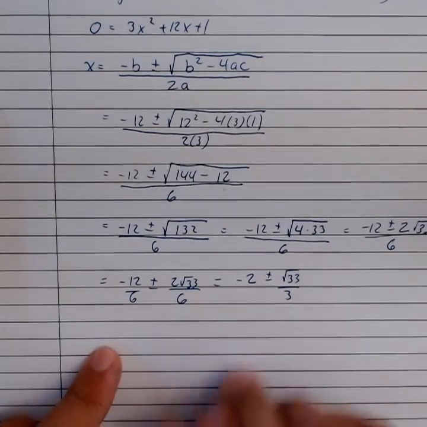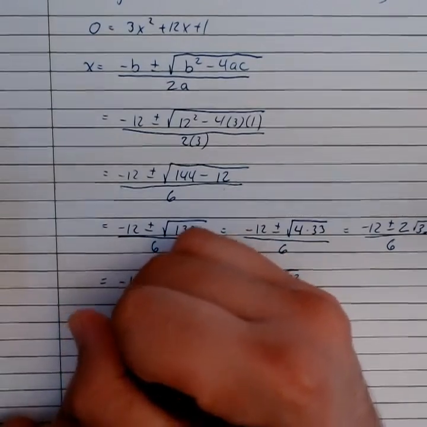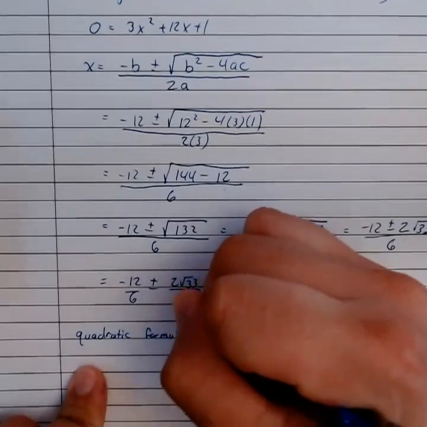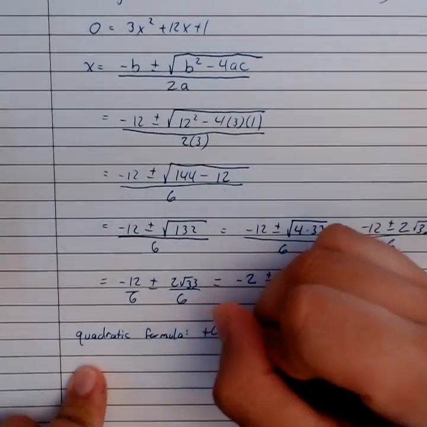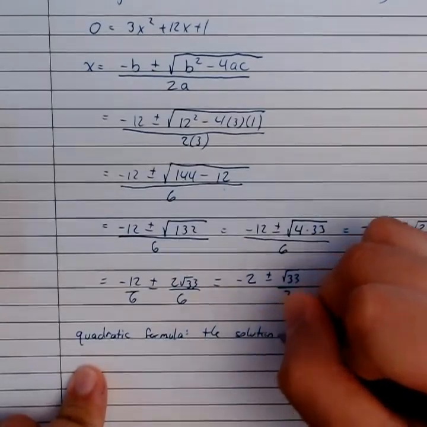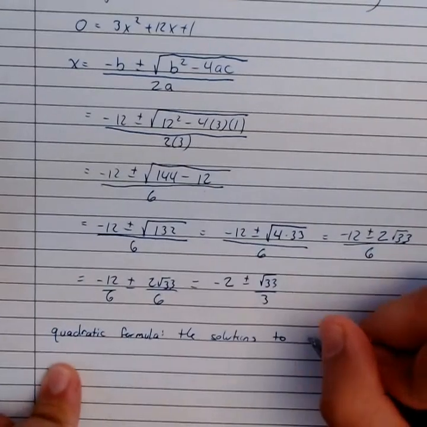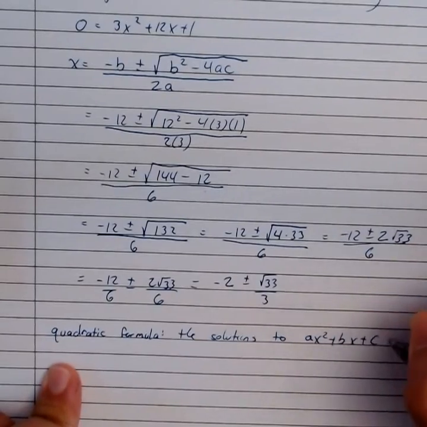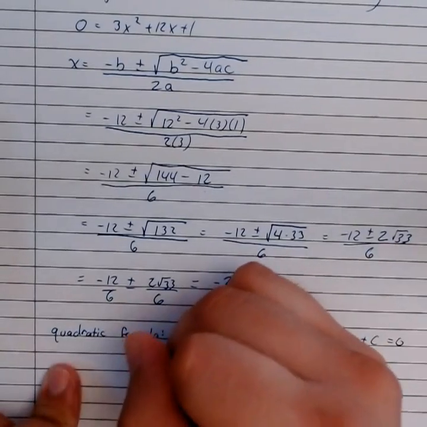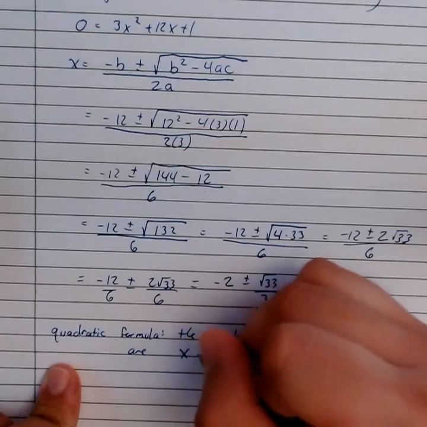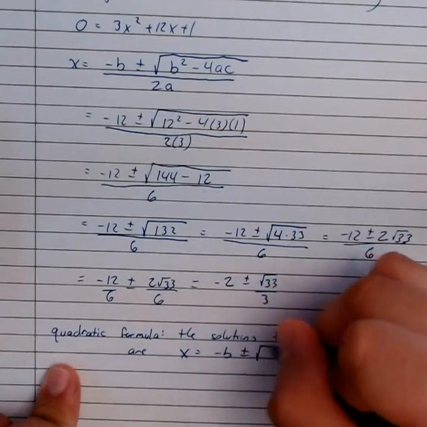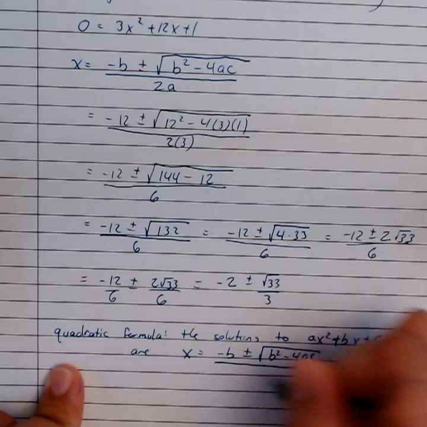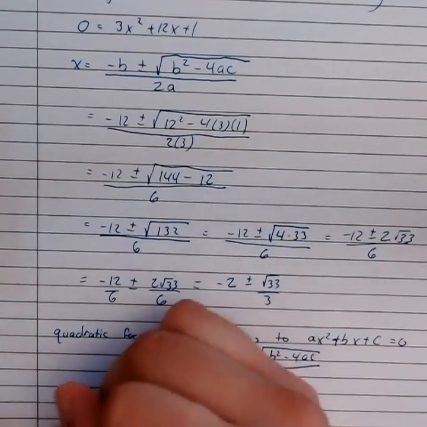If you are going to use formulas, remember the 2 formulas that we need are the quadratic formula, which says the solutions to ax squared plus bx plus c equals 0 are x equals negative b plus or minus the square root of b squared minus 4ac, all of this divided by 2a,